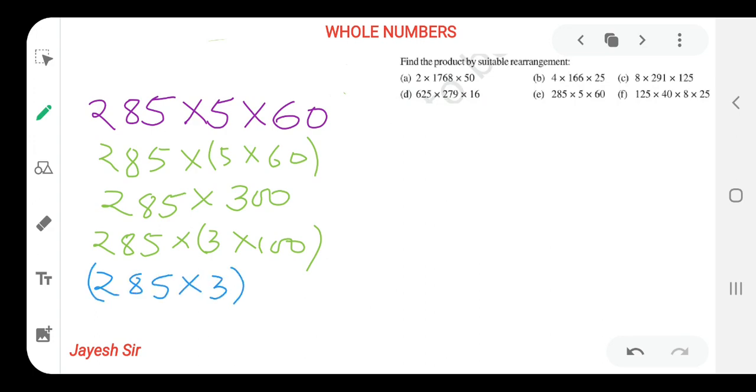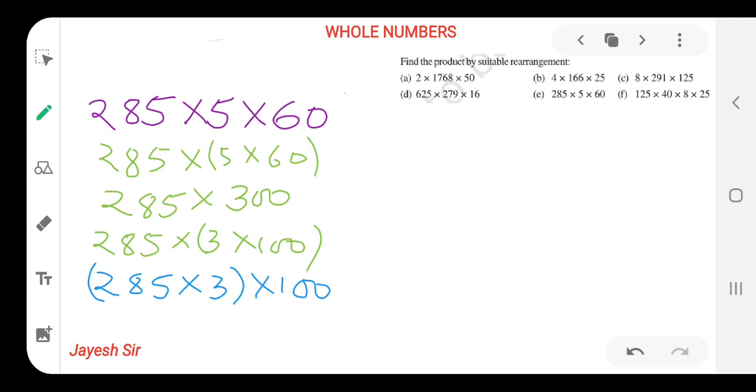So always keep the multiplication with the number having zeros in the end, so that you can get the answer easily. Yes, friends, don't make the number bigger by multiplying it with 100, 10 or 1000 beforehand. If you multiply the number with 100 beforehand, then you have to do a bigger calculation and it would be difficult for you to solve. So keep the numbers like 10, 100, 1000 for the end, so that your sum would be easily calculated. I hope you all are getting it, friends.